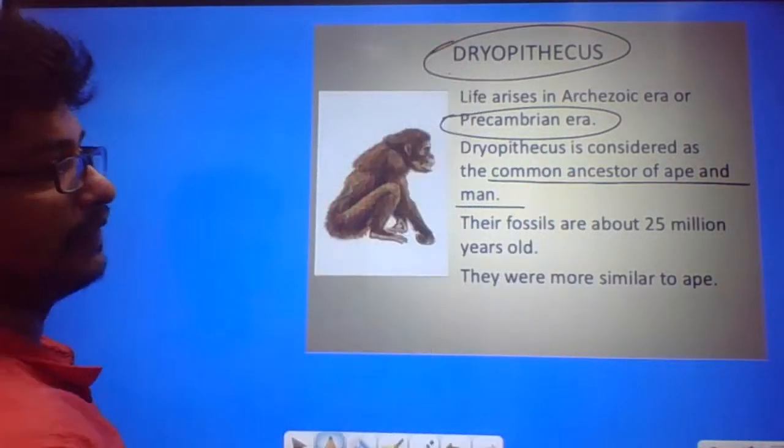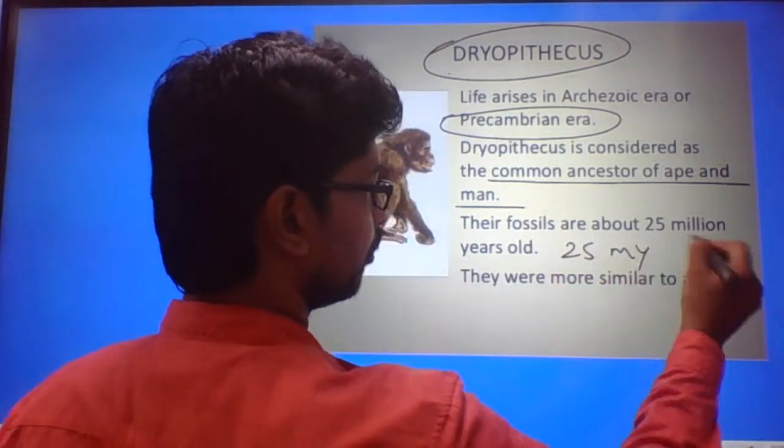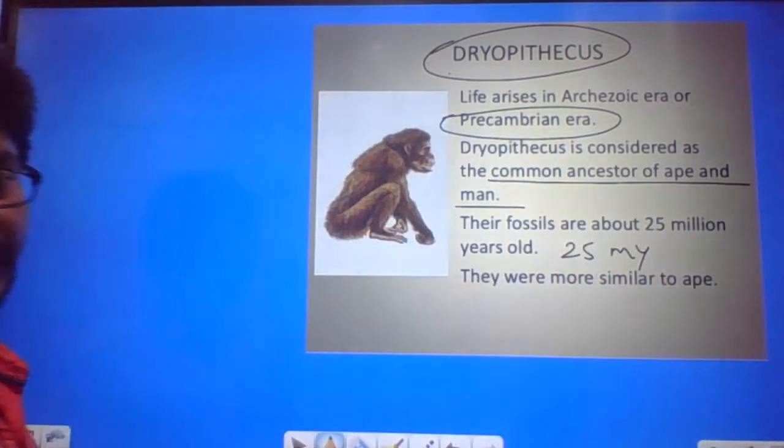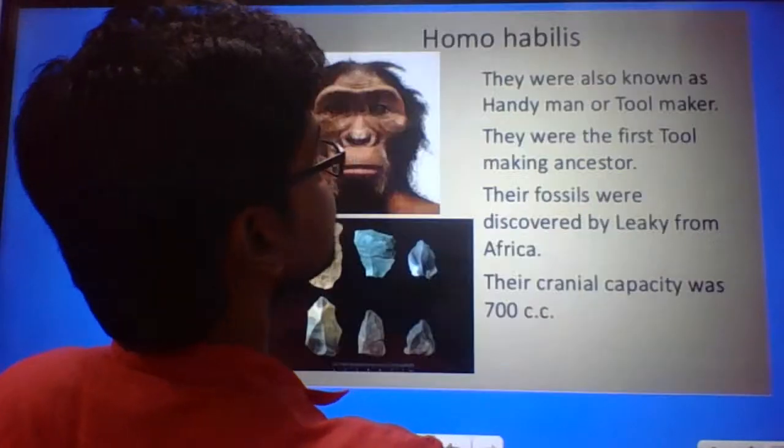It's Dryopithecus. The fossils are found to be 25 million years old, and they were more similar to the ape. This is the common ancestor of the ape and the man. It's more like an ape that you could see. Then comes the